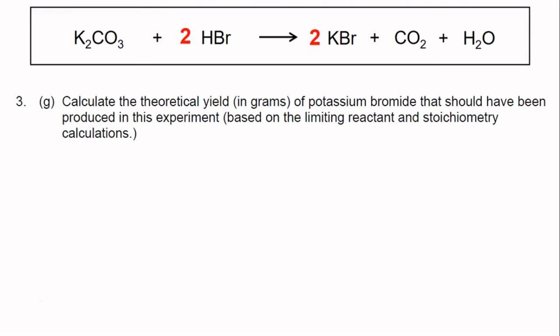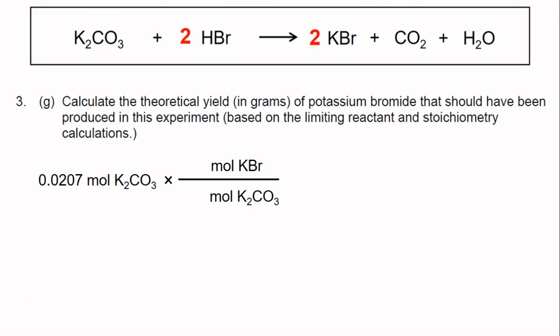All right, in part G, calculate the theoretical yield in grams of potassium bromide that should have been produced in this experiment. Again, this is based on the limiting reactant. Since our limiting reactant is the potassium carbonate, let's start with our potassium carbonate and let's go to grams of potassium bromide, which is KBr. Our first step will be from moles to moles. So moles of potassium carbonate on the bottom, moles of potassium bromide, KBr, on the top, and the coefficients are